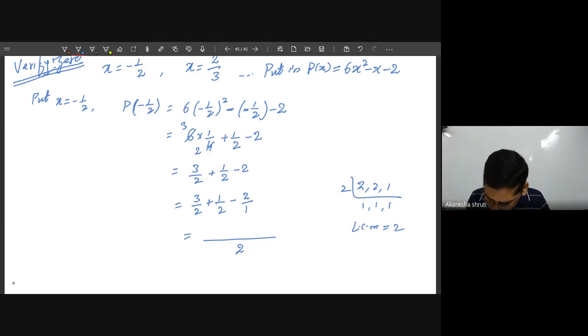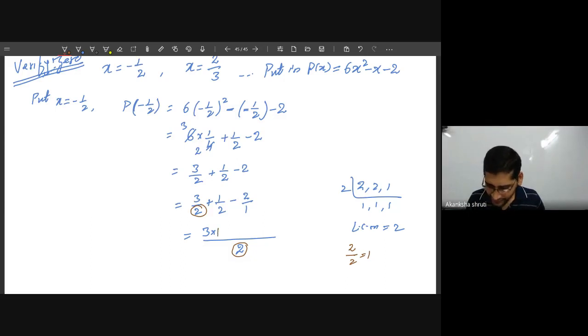Afterward, what is for the first term? It is 3. So 3 has to be multiplied with which number? Whatever this 2 is here, I am marking in red. So this 2 has to be divided by the denominator of this 3. Students, you are there? Hello? Yes, sir. Because on the other screen I have lost the connection. Okay, so when you divide this 2 by the denominator 2, it will come 1 time. So this 1 has to be written here.